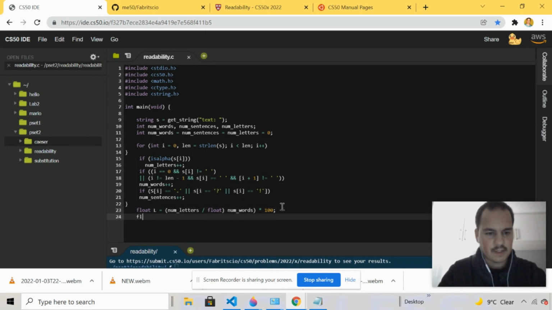Okay, then we're going to go ahead and say float S. What we're going to do is we're going to take num sentences divided by float, then go ahead and take num words, multiply it by 100. Again,